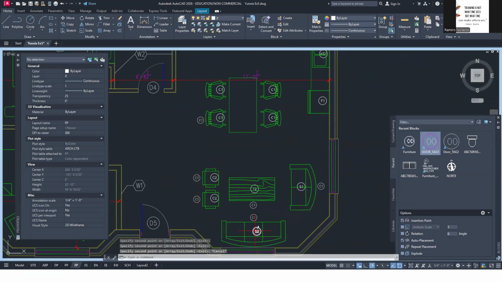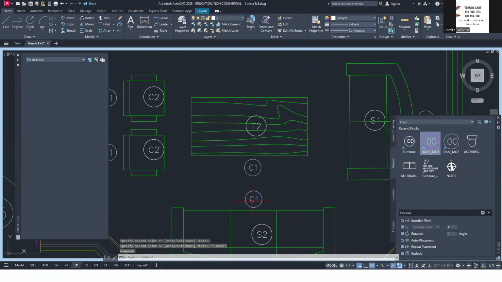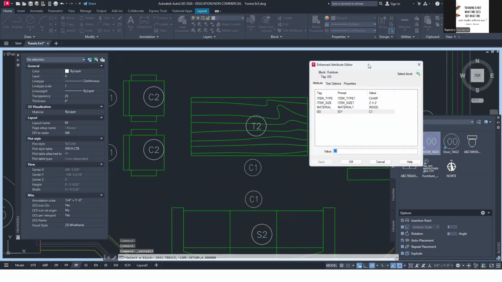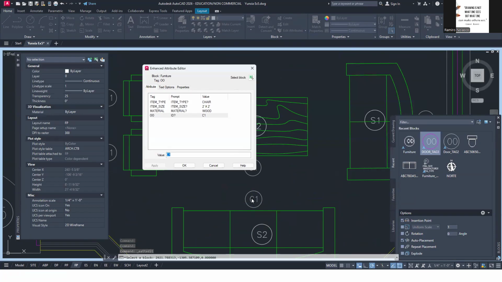Well, let's say for the sofa, instead of C1, you're going to edit this. Double click on the block, and then you can say this is S1. Okay? And then you click on the material. This is made of leather. And then you can click on the item size.